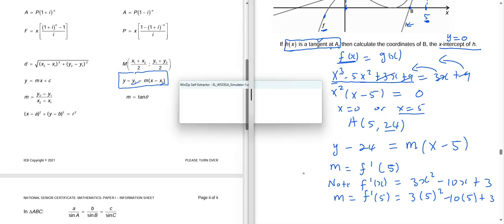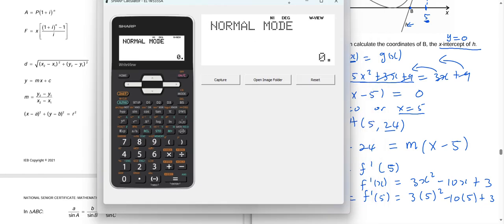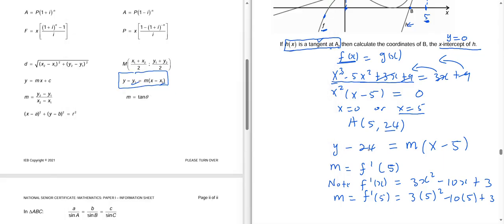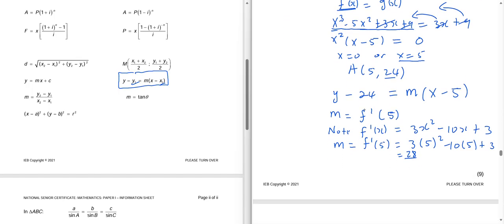Now let's bring the calculator and get what the solution is going to be, which is 3 times 5 squared minus 10 times 5 plus 3, that is 28. So our gradient is 28. Now we are only supposed to say our y is equal to 28 times x, which is going to be 28x. 28 minus 5 is going to be,